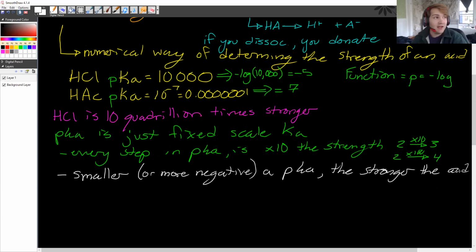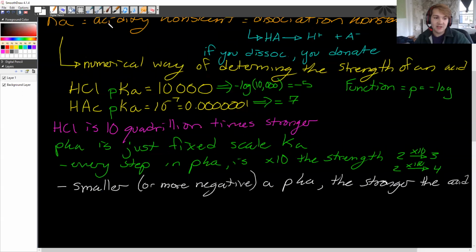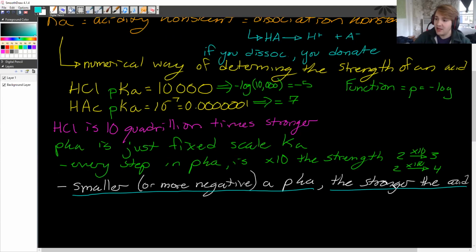And so just like knowing that acids donate and bases accept, this is the other sentence that you are going to have to really memorize: small pKa, strong acid; big pKa, weak acid. Small pKa, strong acid; big pKa, weak acid. All right? So with that in mind,